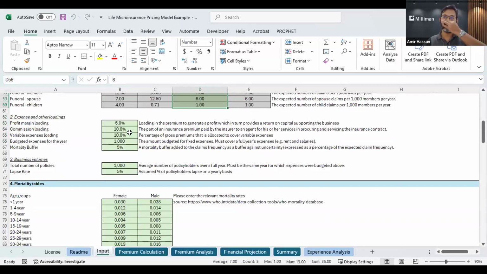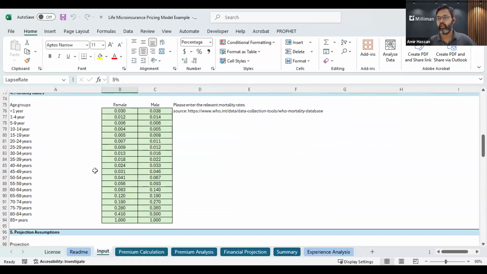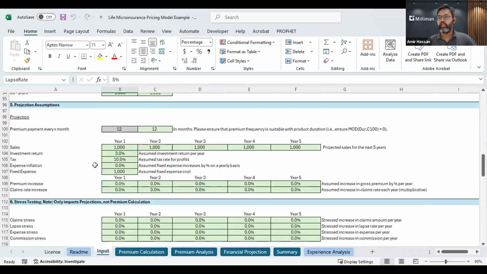So commission loadings, variable expense loadings, any mortality buffer for any adverse deviations from your experience, if the company would like to target a specific profit margin loading. And we also have some lapse rate assumptions that we use in the calculation of both the premiums and also the financial projections. Moving on to the projection assumptions, this is a 5-year projection, which